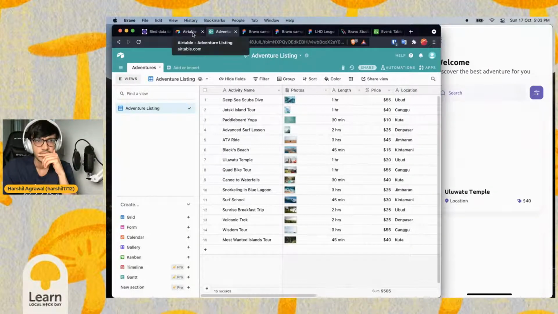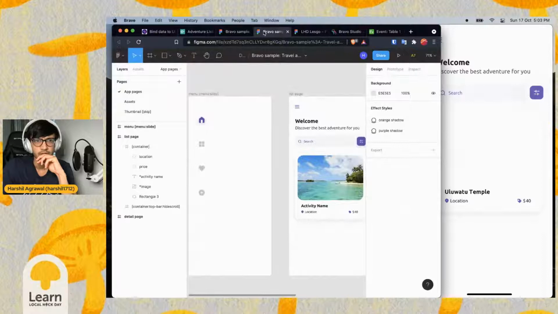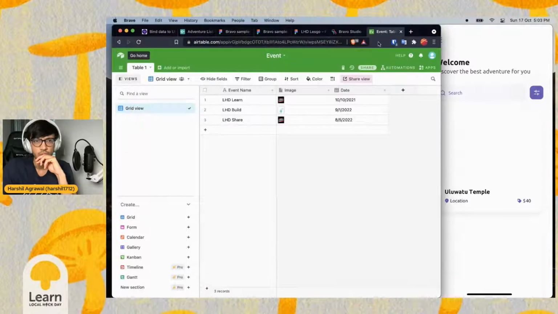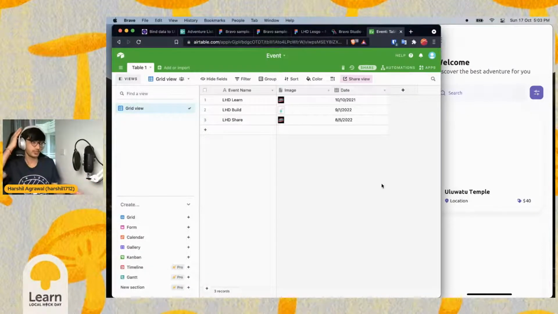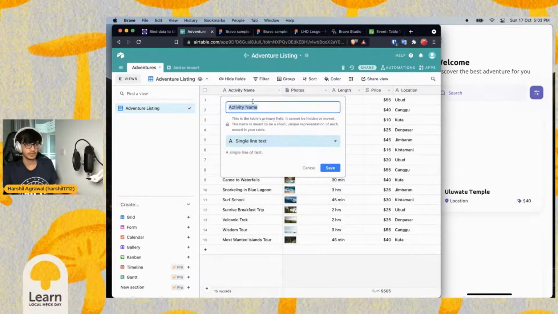Alright, so let's close this. There's the activity name. In the design, they are calling the activity name as well. Alright, so we are doing everything fine. I think it's because there's now a restriction on Bravo Studio's end. That's why we are not able to display our page. So maybe what we can do is be a bit creative here, right? And we call this,